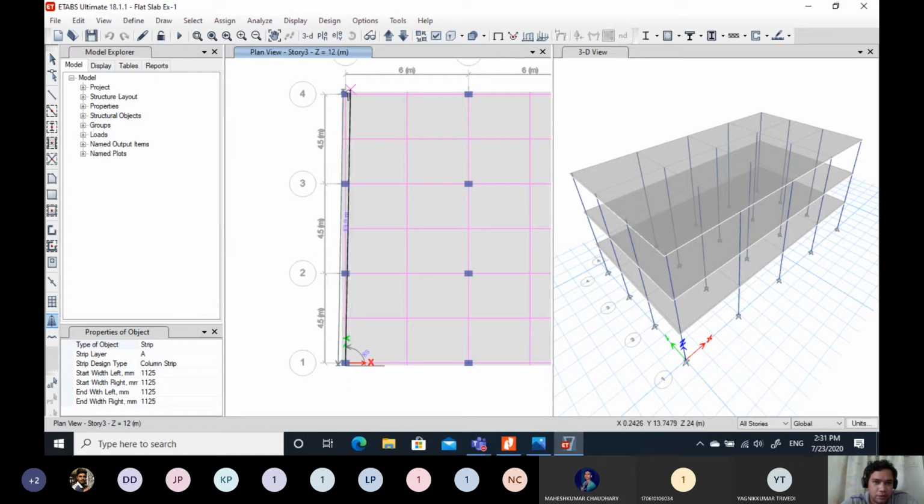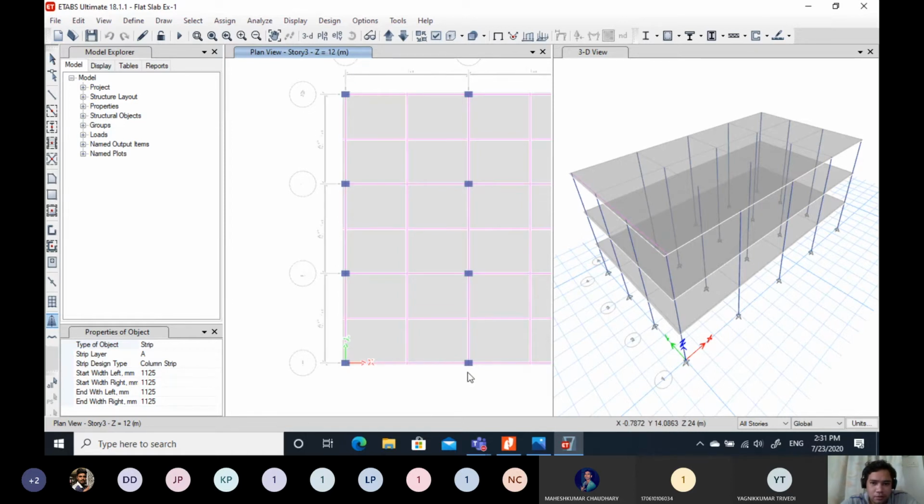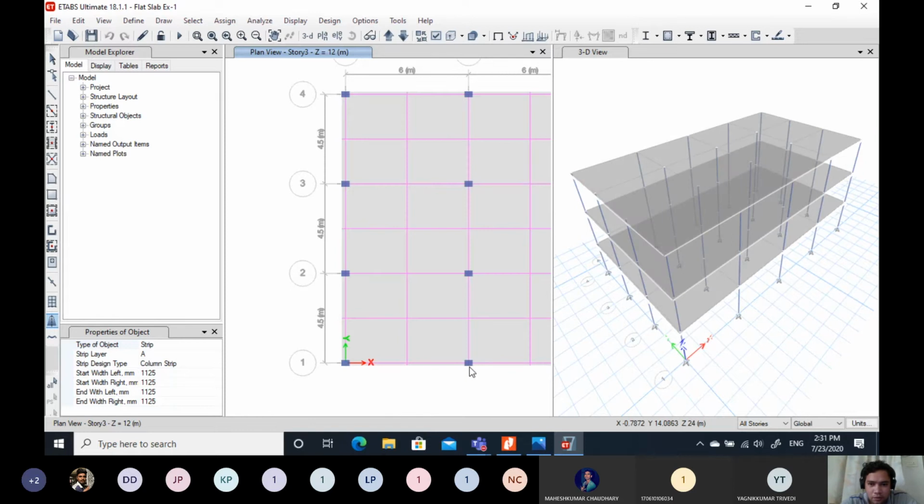So this point to this point, so you can see here it is added.